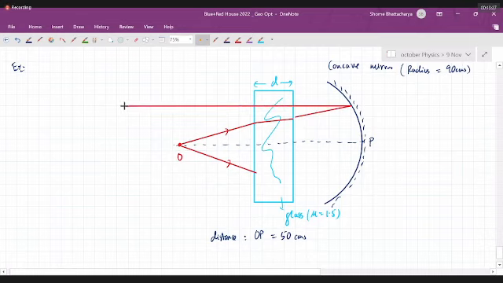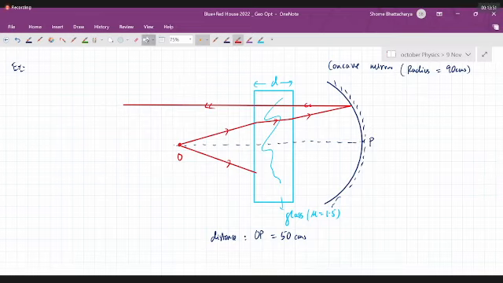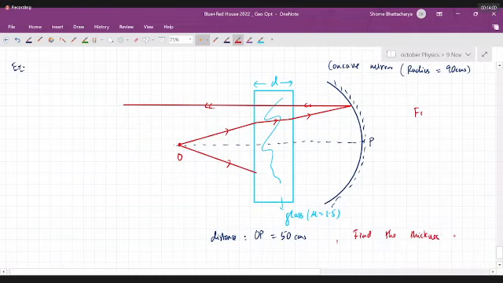So the light emerges like this, parallel. So the light emerges from the system parallel to the principal axis. So for that to happen, we have to find what should be the thickness of the glass slab. This is a very typical JEE advanced type of question, which just because it's JEE advanced doesn't mean it's very difficult to solve. It's just very conceptual. So we have to find the thickness so that this happens. Find the thickness D